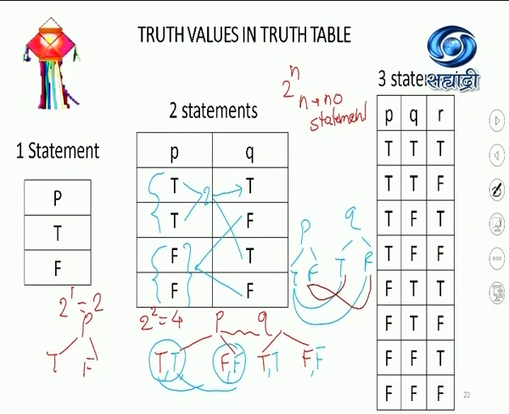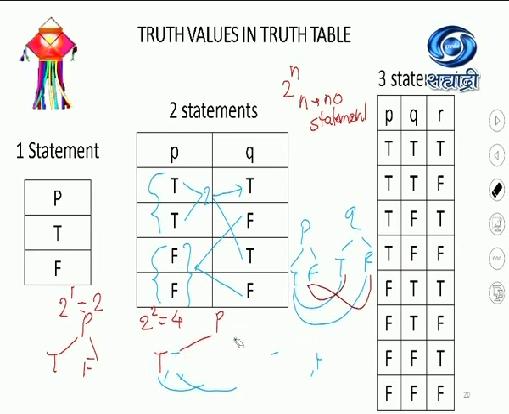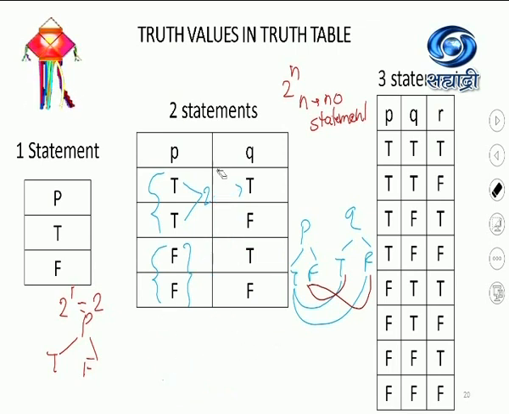Now you can see, if I erase all the previous values from the table, what do I get? See how it's very simple to remember, both ways, the way you want it. From T, two blue arrows go to T and F. So TT and TF, these two are in blue. And for this F of Q, one goes to T and one goes to F. I will now use the red pen. See how they are written. That is how you will write the values.